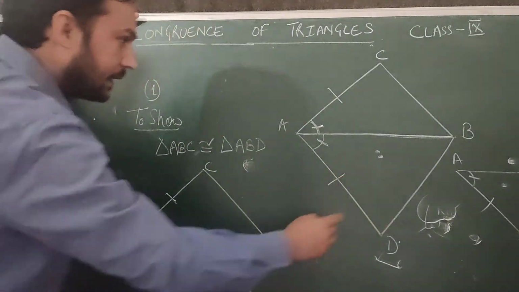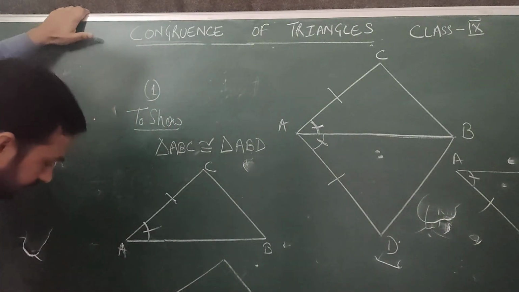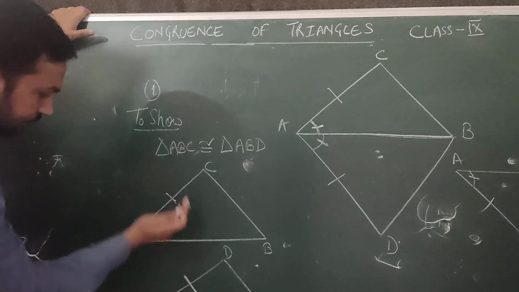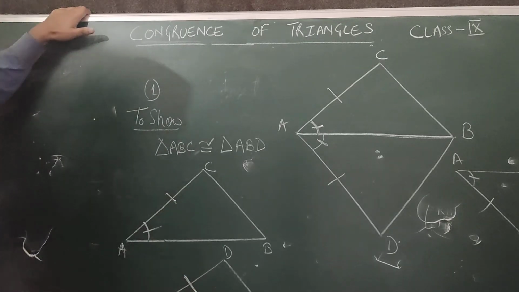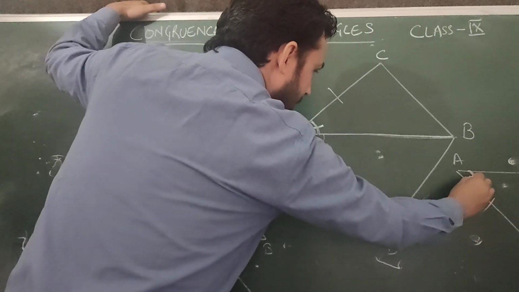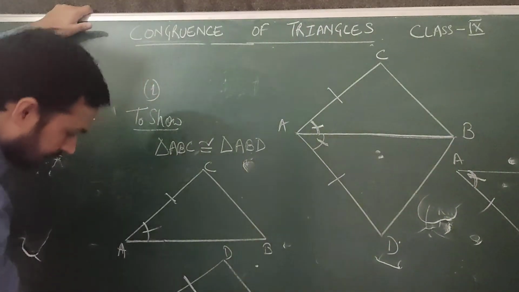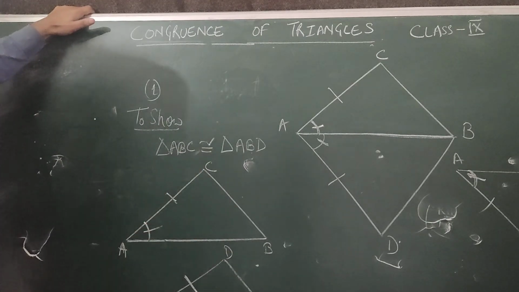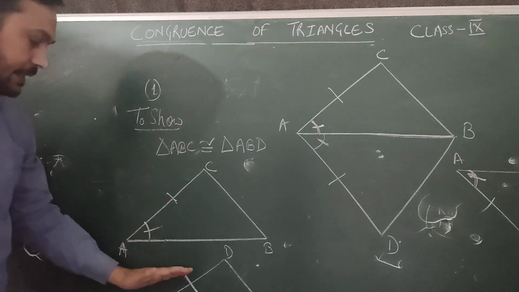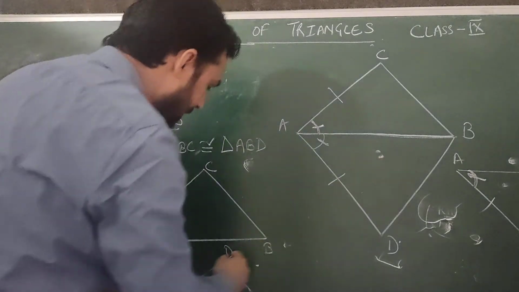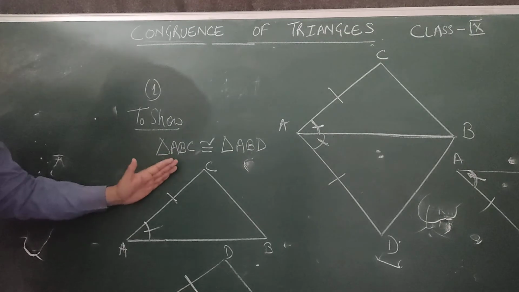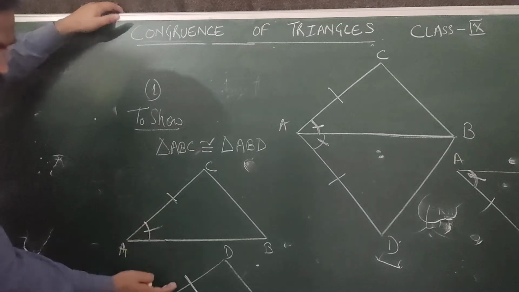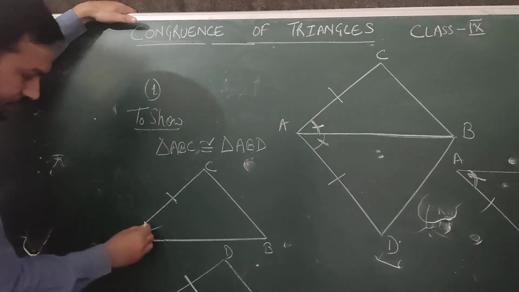because we already know that this AD, that line segment AD, is equal to line segment AC. So that's why they will fall on the corresponding parts, they are equal. Second thing is this angle, which is DAB, is equal to angle CAB, because these things we already know. Suppose we didn't know that AC and AD are equal, then we don't know where will be D and where will be A. Just because we know that these two are equal, they should be in the corresponding parts, exactly in the same place, and this angle equals this.